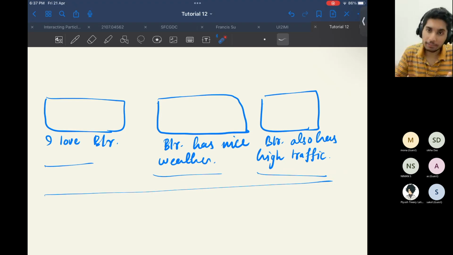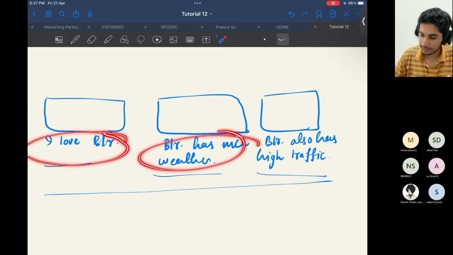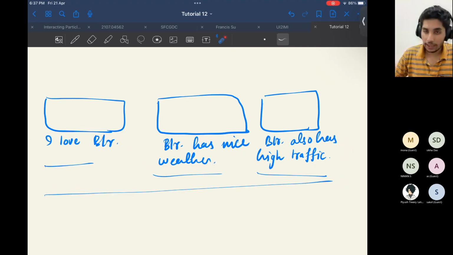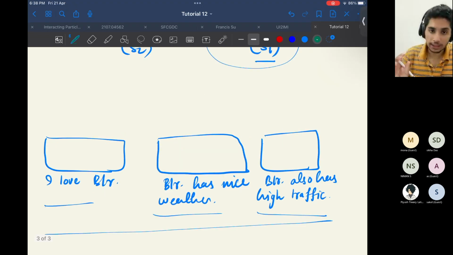However, if I read them together, this is one sentence, this is another sentence, this is the third sentence, and this is a sequence of sentences, right? And sentences themselves are sequences of words. So this has a sequence kind of structure, right? Now the way to deal with such types of inputs is the following. What you do is you take each of these sentences and you use an RNN to summarize each of